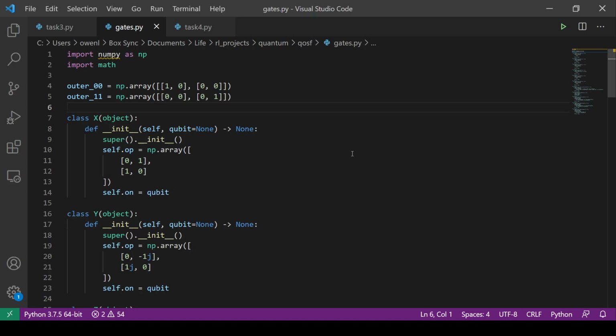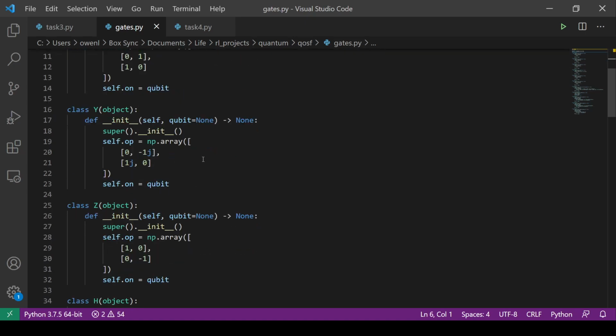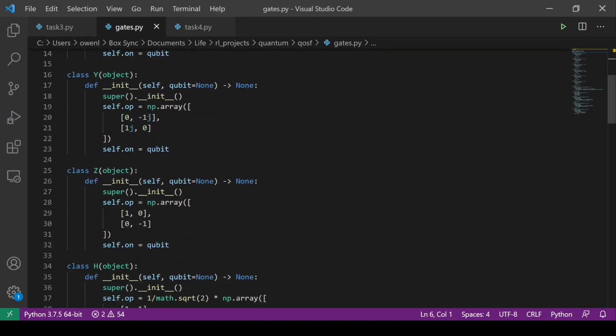So there's X, and notice they're defined by their matrix and what qubit they're operating on. The way I have it set up is the qubits are ordered 0 to n, where 0 is the topmost qubit. So we have X, Y, and that's J is how you do imaginary numbers in NumPy, and